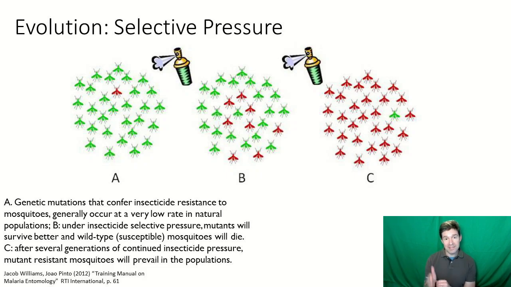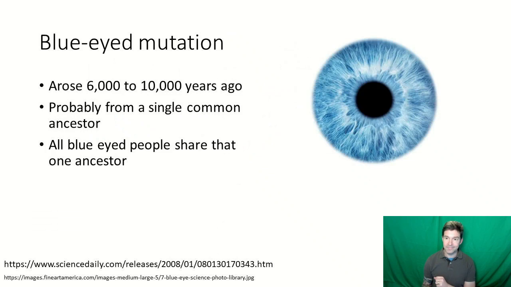So if there wasn't that selective pressure at that time, then that red bug probably wouldn't have done very well at all, and we wouldn't have seen it make more babies and have more of its genes in the next generation. But because of that selective pressure, all of a sudden, that's a really big advantage to be like, I can just ignore this pesticide where the rest of you are sick and dying all the time. Now I can get the food with less competition and pass on my genes. So this idea of evolution is very intricately associated with interaction with the environment. So fitness is relative, all right?